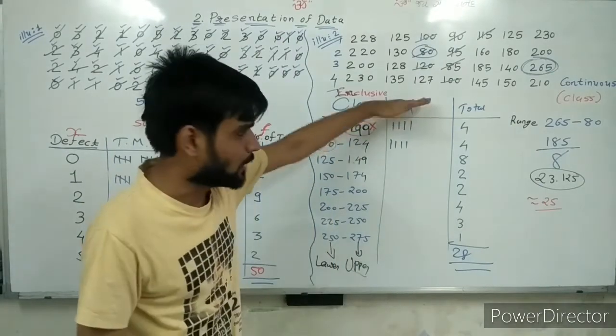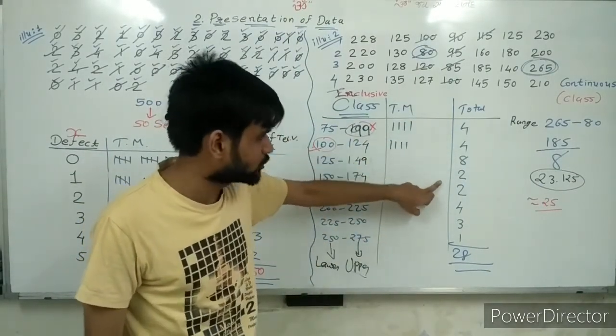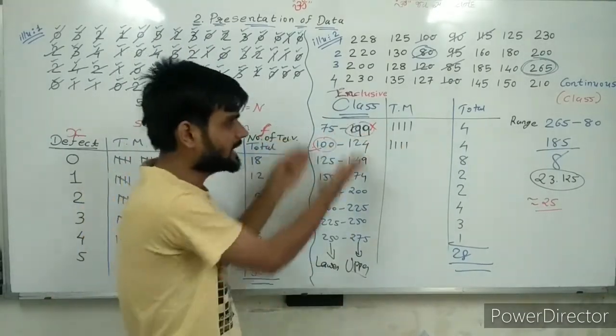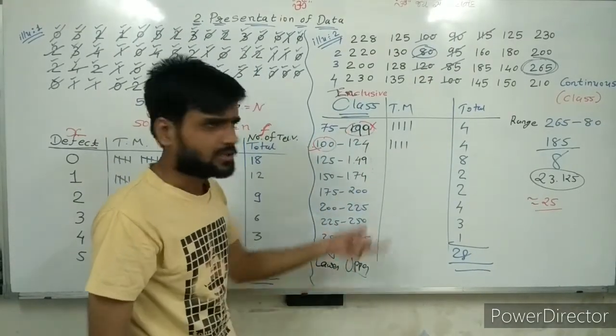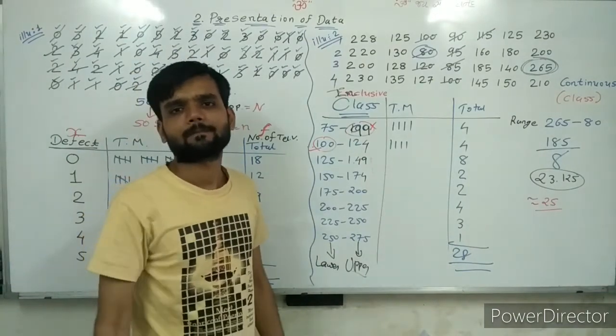Nothing else. Now the answer of this sum, 4482, for inclusive class remains the same, because when we are making exclusive class, even then we are not taking 100 here. We have taken up to 99. So no change is there.